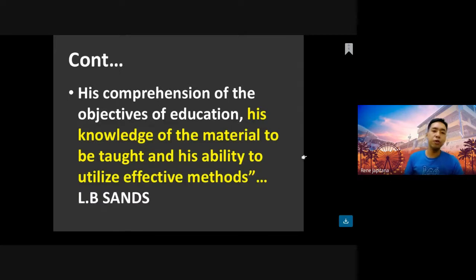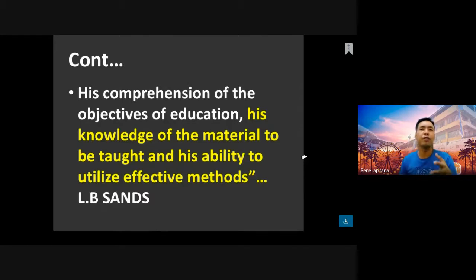So to continue, as a teacher, these are the things that you need to consider. Your knowledge of the material to be taught, the subject matter. For example, if the subject matter is difficult, you need to adjust to the type of learners that you have. If this type of subject matter is not that difficult, you can adjust also. Another one is your ability as a teacher to utilize effective methods, techniques, and strategies,